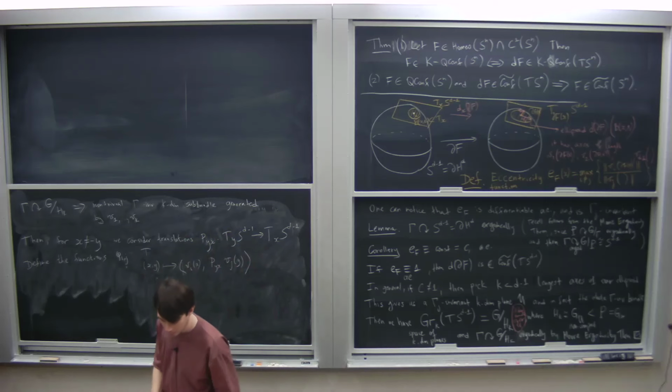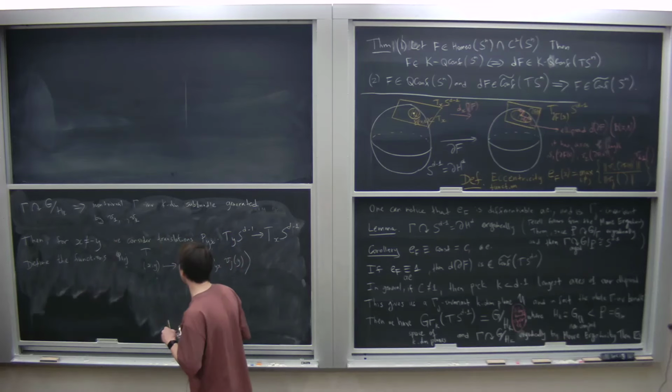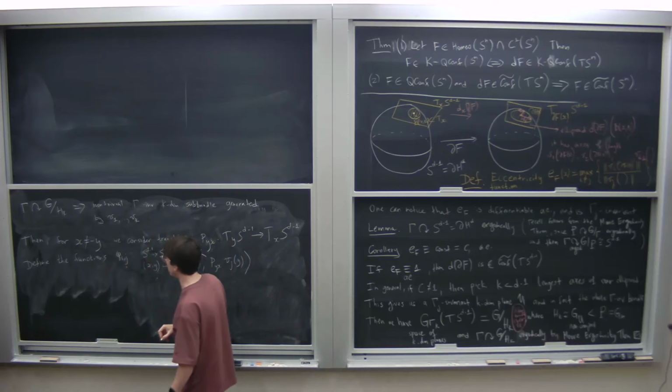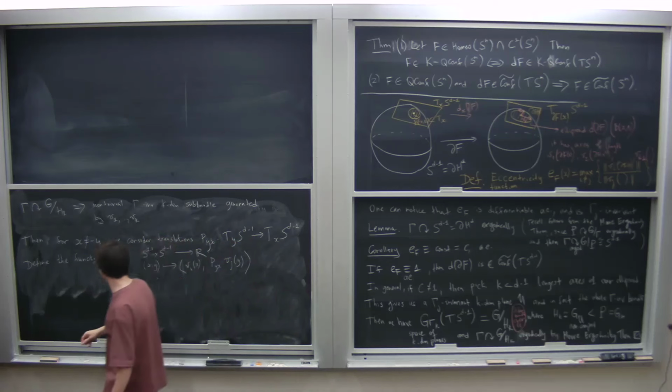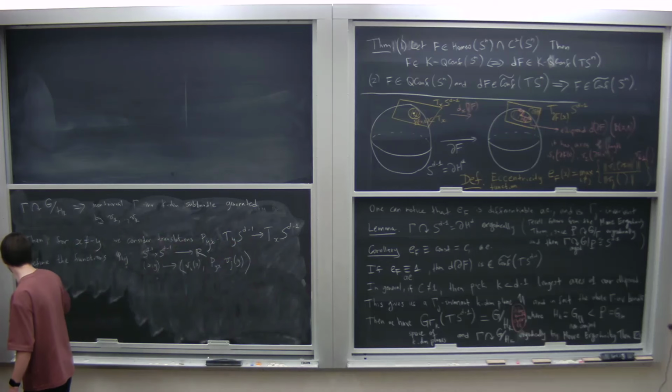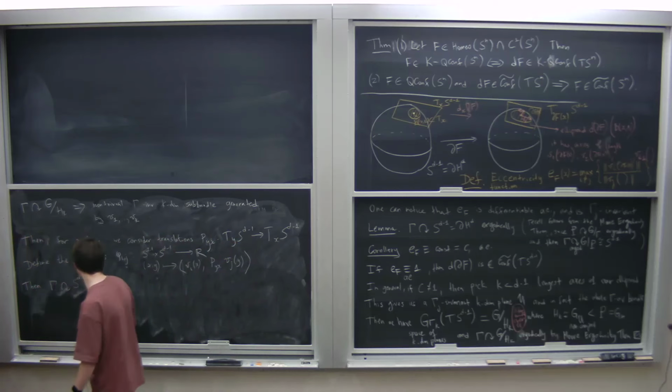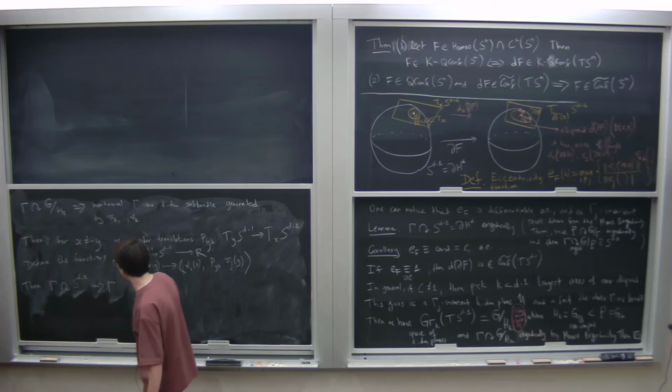So this is my map from S. Okay, this is the map from the product, right? S^{d-1} times S^{d-1} to R. Then the fact that gamma acts ergodically on S^{d-1} implies that the diagonal of gamma acts also